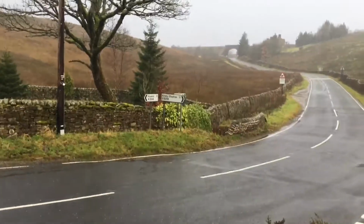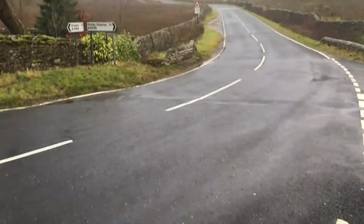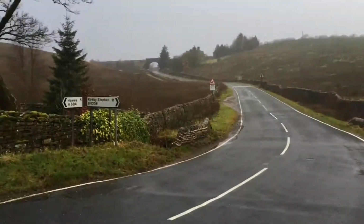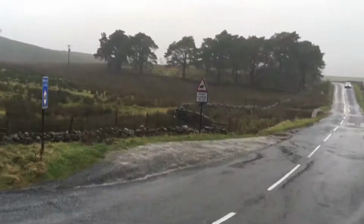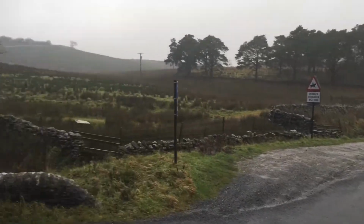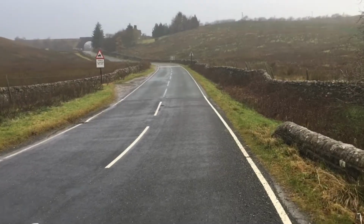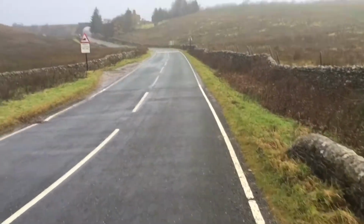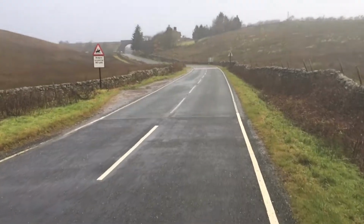Right, we're walking back across to the railway station now. We'll walk a different way than the road straight there, because there is another way we can do it. Now if you're going to Aysgill, that is the road to use for Aysgill. We're going back to the railway station. Now I can go left onto a path just before the bridge and walk underneath the viaduct and approach Garsdale